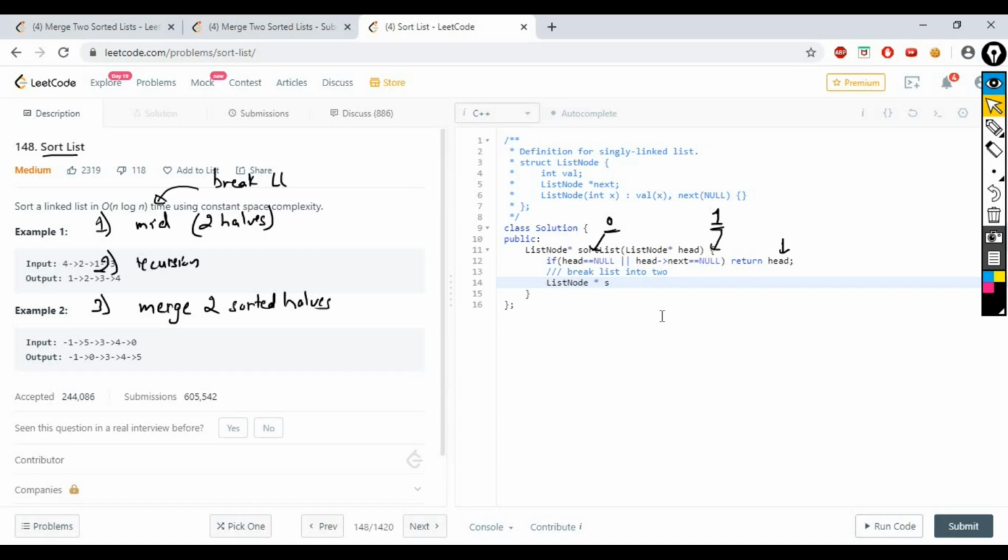So ListNode star slow. Initially slow is at head, and where is fast present? Your fast will be head arrow next. Simple.